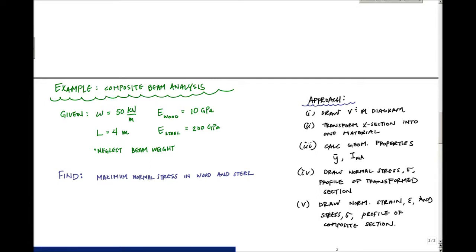And the strain profile is really important. It maybe is not emphasized enough in composite section analysis, but the strain profile is really important. It's the one thing that doesn't change in the transformed section analysis. The areas change, the stresses change in the transformed area analysis, but the strain profile is the one constant, and it's the one thing you can always hang your hat on, if you will. All right, so